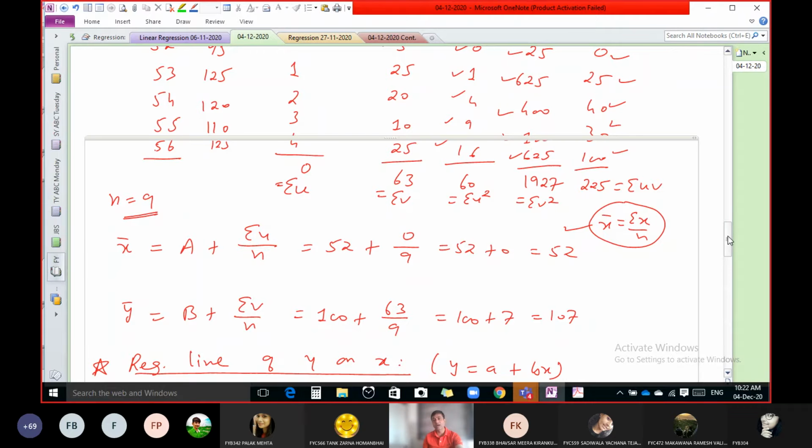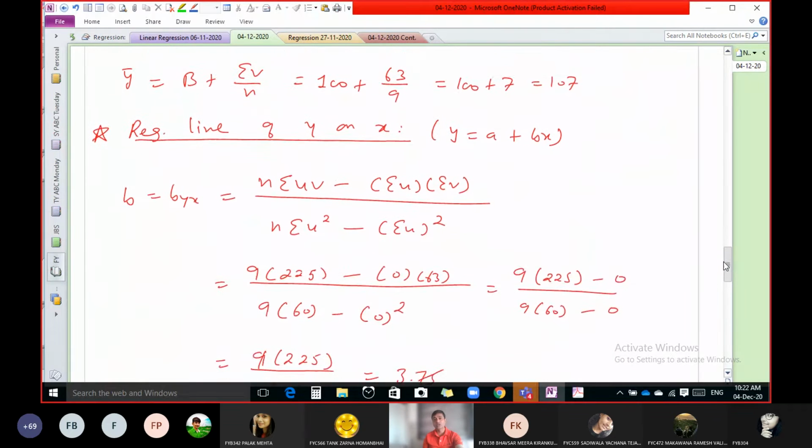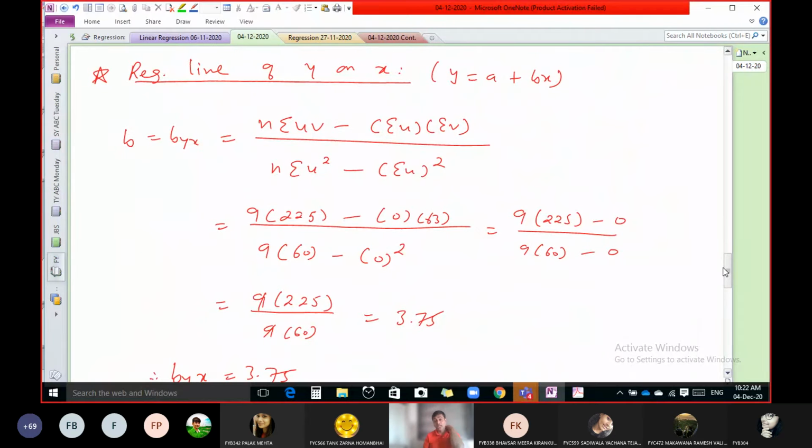Once we have x bar and y bar, what you require to do? You have to start to find out regression lines. So let us start with y on x regression line. So regression line of y on x, we know the form of that: y equal to a plus bx. Here to calculate a, we require the value of b. So let us calculate first of all b. So b is nothing but what here? b yx, and we know the formula for that one, that we already discussed in our first and second lecture. And you also know that it is one of the formulas of your 12th standard. So no need to waste time.